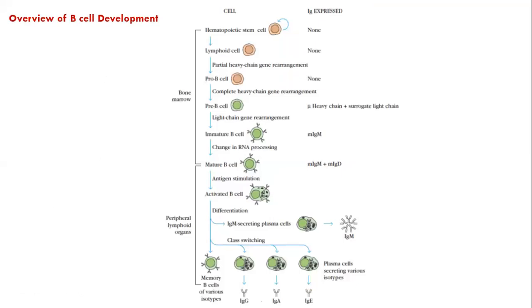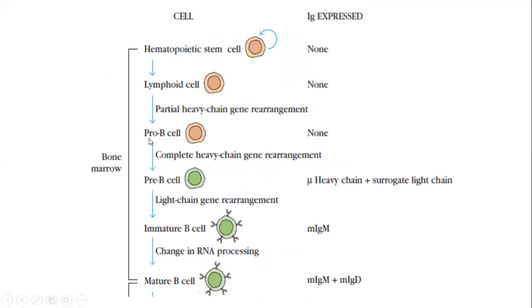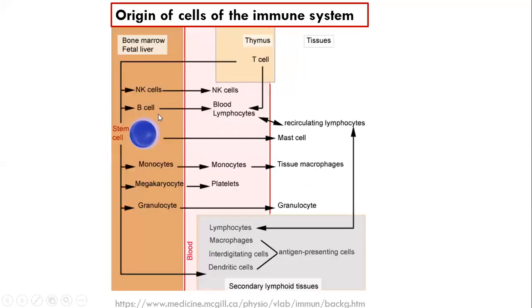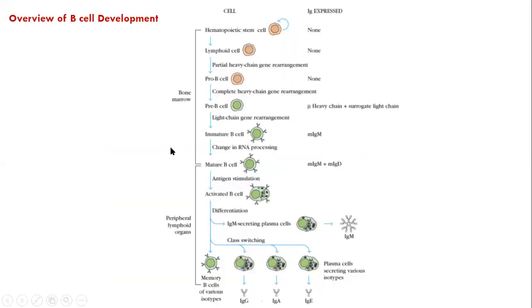In terms of the development of antibody specificity, there are millions of B cells, and each B cell is again unique. During this development from origin to maturity, when these steps of variability are generated, there is an explanation in Kuby Immunology, chapter 5. You can concentrate on it. I will divide this into two processes: one is the bone marrow, one is the peripheral lymphoid organs. One step happens in the bone marrow, one step happens in the periphery.